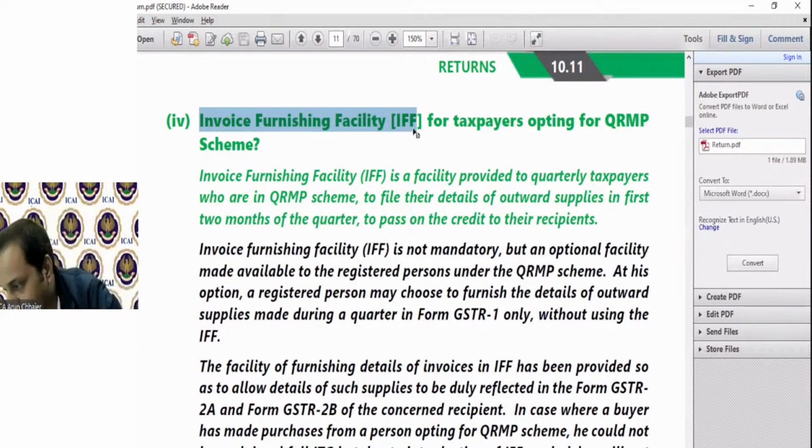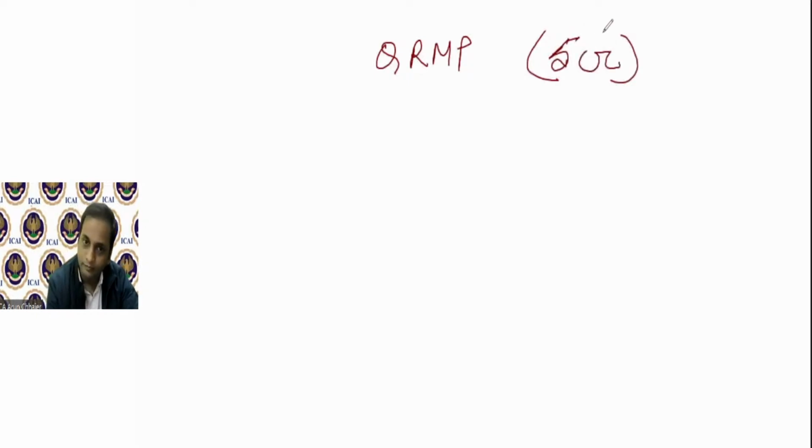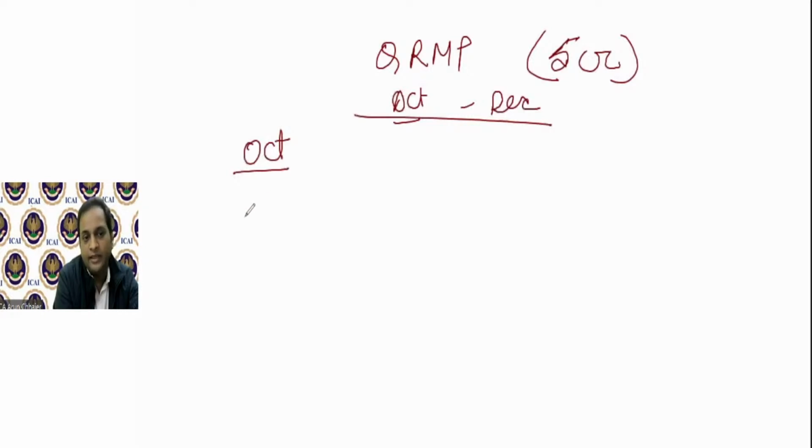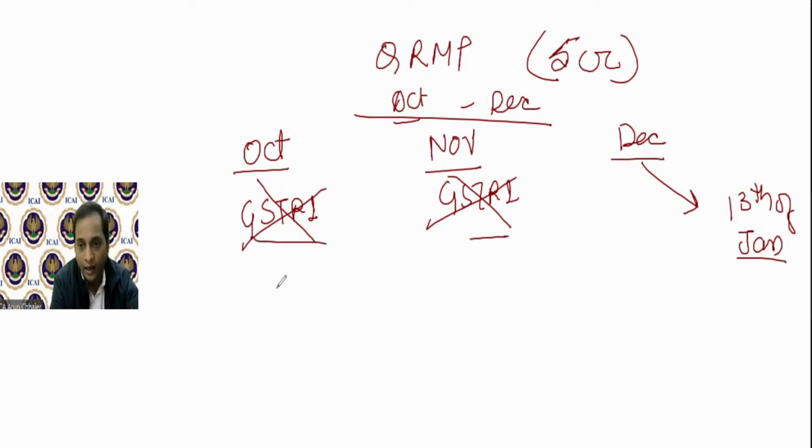एग्जाम्पल के माध्यम से समझते हैं। मैंने QRMP ऑप्ट किया, QRMP इज एप्लीकेबल अगर मेरी टर्नओवर 5 करोड़ से कम है, अप टू 5 CR है। तो लेट्स से मैं बात करता हूं अक्टूबर टू दिसंबर क्वार्टर। तो अक्टूबर मंथ में GSTR-1 फाइल नहीं होगा। नवंबर मंथ में, अक्टूबर में और नवंबर में GSTR-1 फाइल नहीं होगा, पर दिसंबर के लिए GSTR-1 by 13th of Jan need to be furnished। तो मंथ 1 और मंथ 2 के लिए क्या है? IFF